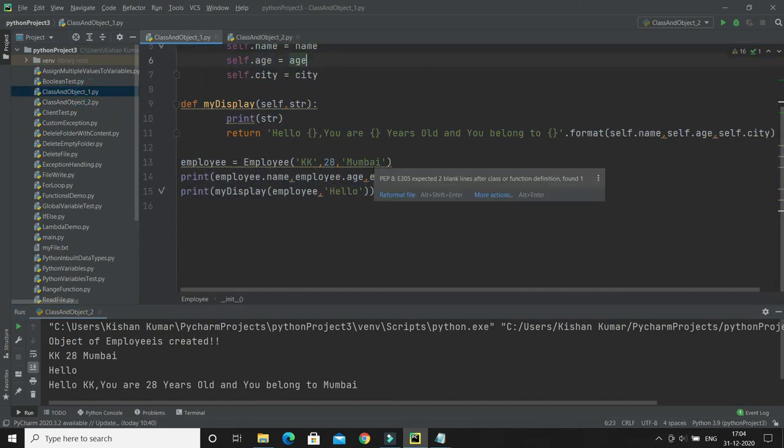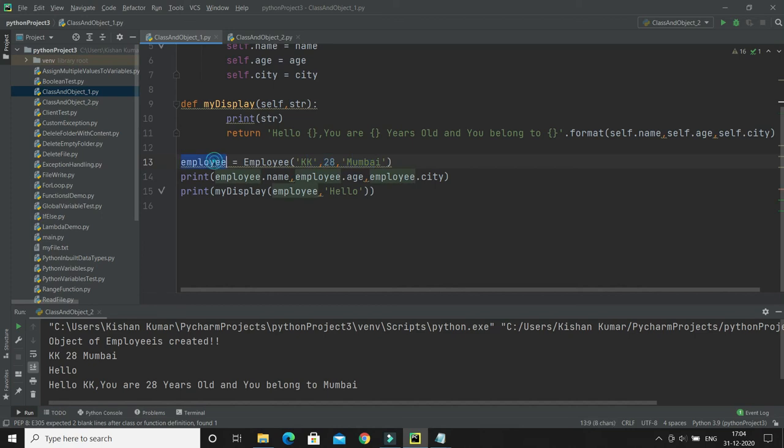Now we'll explore some more concepts about classes and objects. Next, we are going to explore how to modify object properties. You can modify properties of objects, but how can we do that? In this object I can change any property.